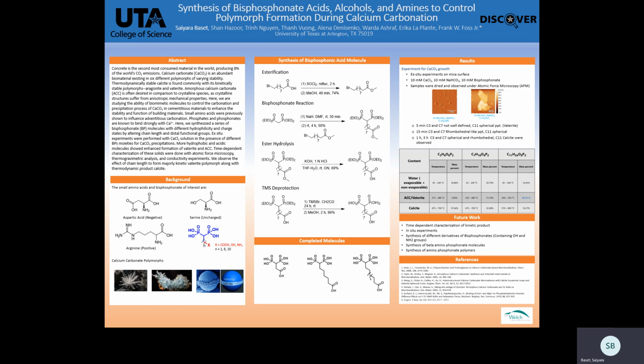There are a few different types of calcium carbonate polymorphs. For example, there is vaterite, which is hexagonal in form, there's aragonite, which is needle-like, and there is calcite, which is rhombohedral. Of these, calcite is the most thermodynamically stable. If you look at the bottom left corner of the poster, you can see a few of the different